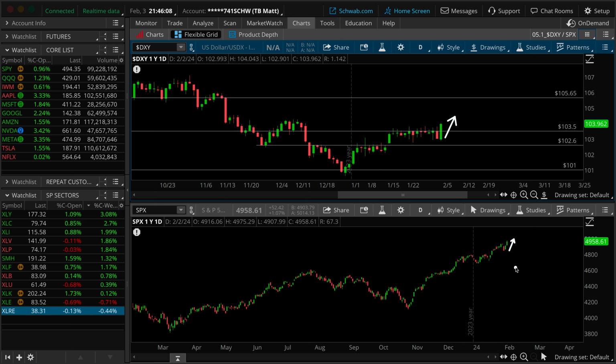It's not always going to be married hand in hand, but it at least raises some concerns about the strength of Friday's breakout, the sustainability of Friday's breakout in equities. Who's lying? That's the question to ask here, right? And we can start looking at